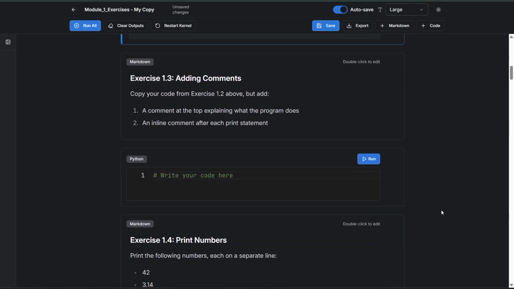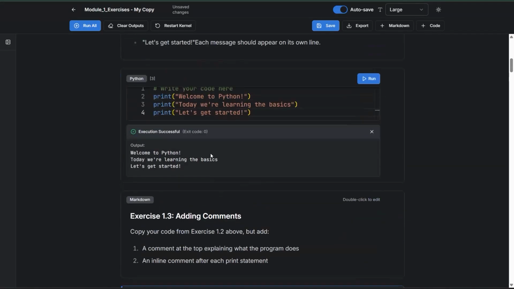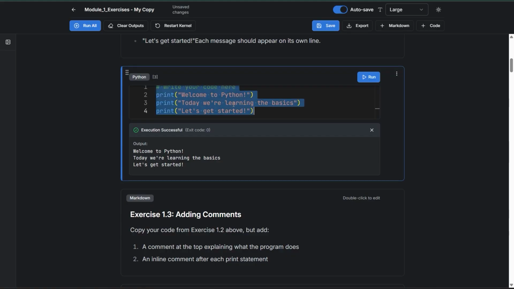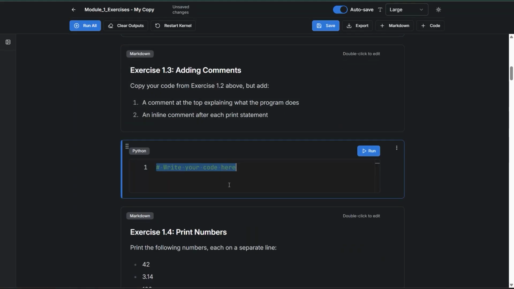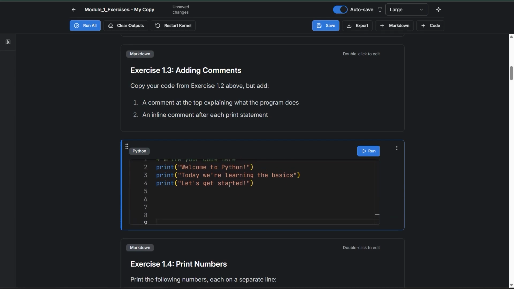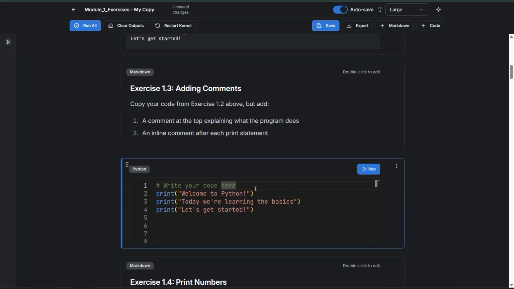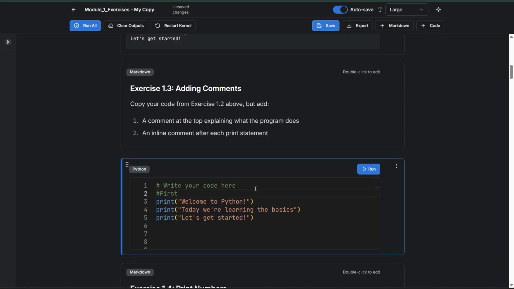Okay, now adding comments. So here, it literally says write your code here. That will be our comment, right? So here, we need to copy over the code. Yeah, just copy paste here, and then let's look at these. So we need to add in some comments. So we can do like first message,